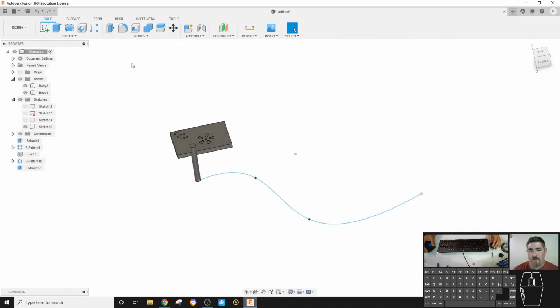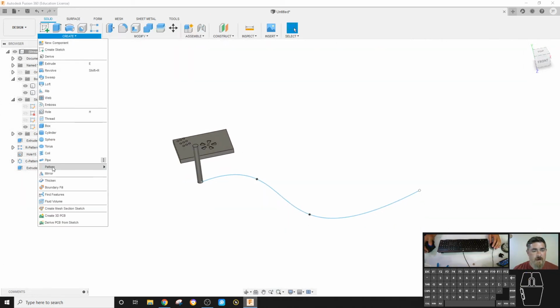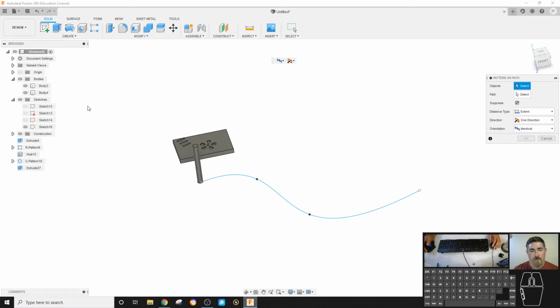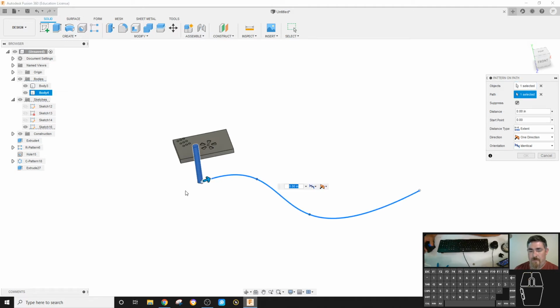Now I can finish, and I can go to pattern. And this time, instead of picking on a face or an extrusion, I can just pick that body also. And so if that body had other things done to it, everything that body would go with the pattern. Pick the path, pick there, and I can kind of pull out and show how far along the path I